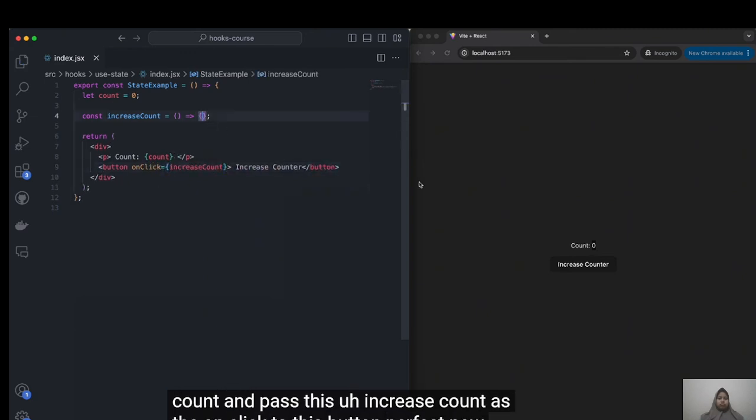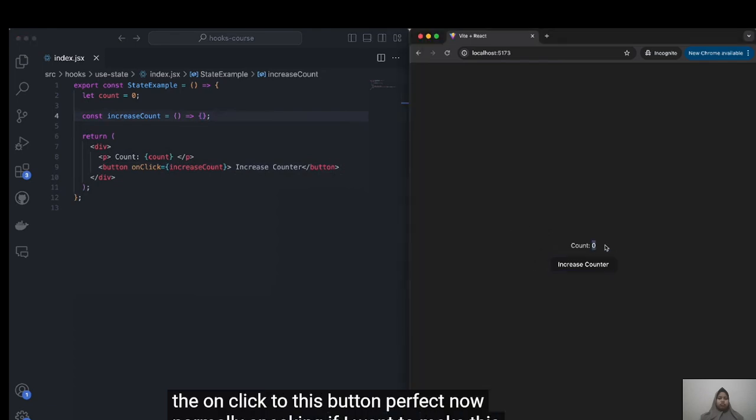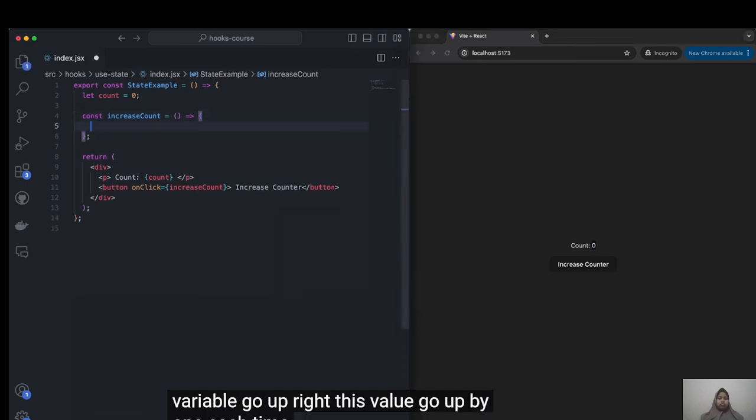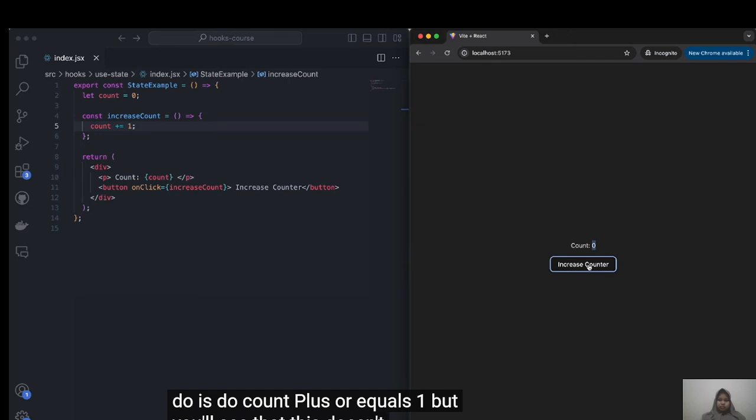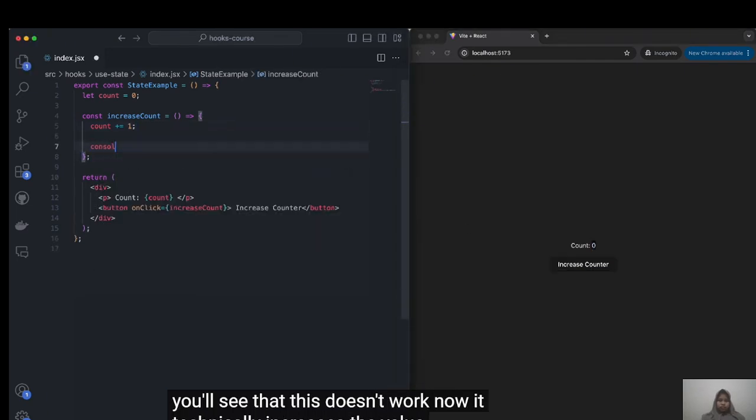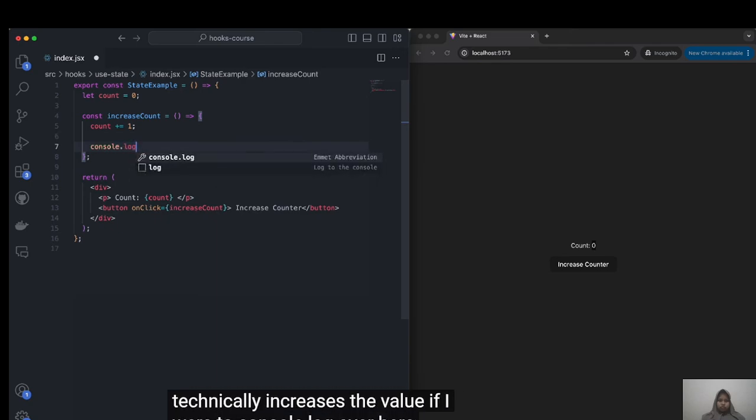Perfect. Now, normally speaking, if I want to make this value go up by 1 each time, what I could technically do is do count plus equals 1. But you'll see that this doesn't work. Now, it technically increases the value. If I were to console log over here the value of